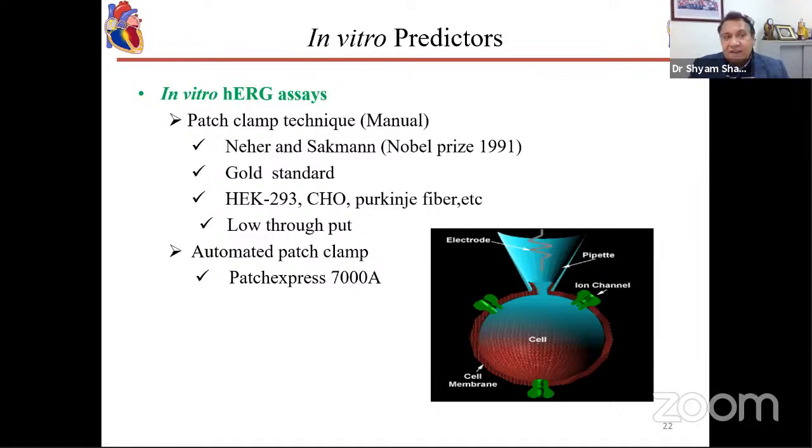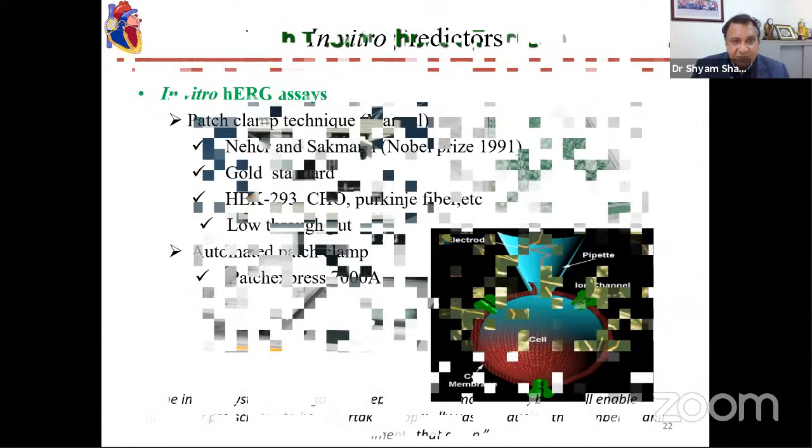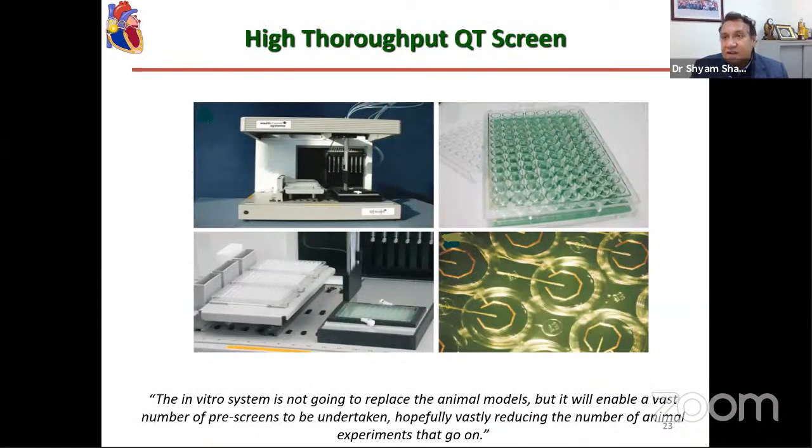When companies come, if you have hundreds or thousands of molecules, you require a PatchXpress or some kind of automated system where in a day you can do patch clamp studies on many molecules. So most of the time, companies like Pfizer are using these kinds of studies. High throughput QT screens are there